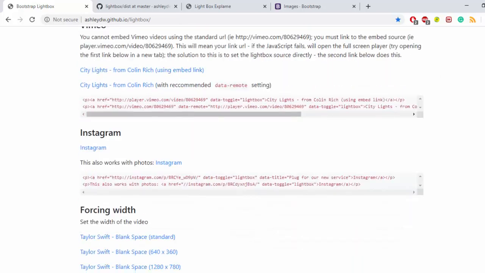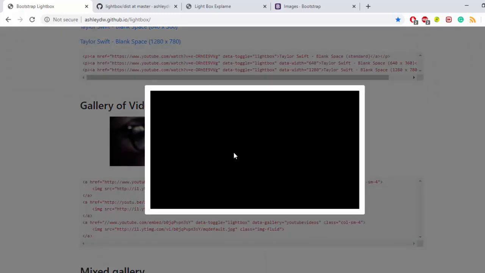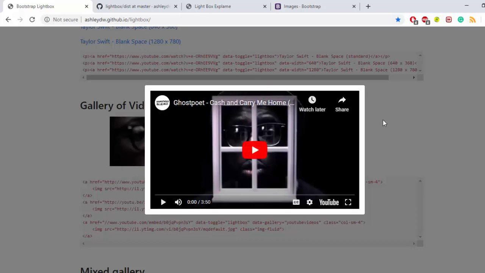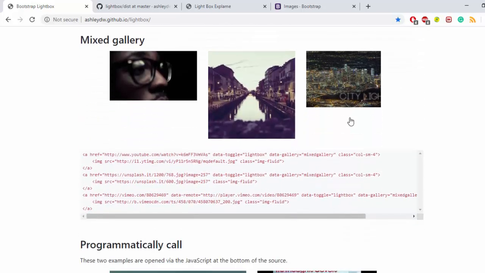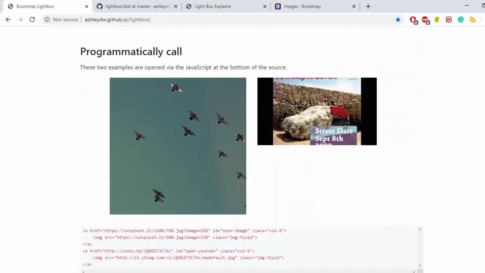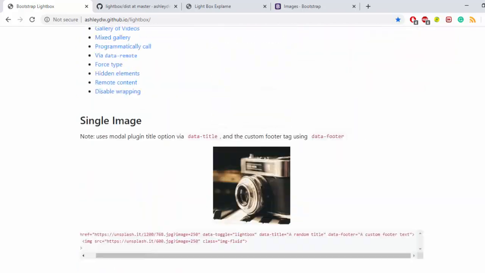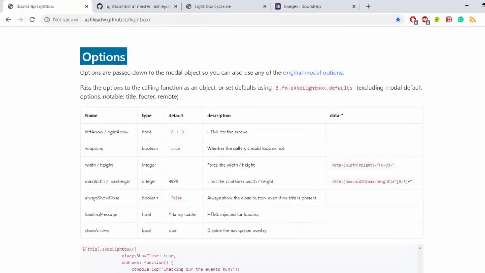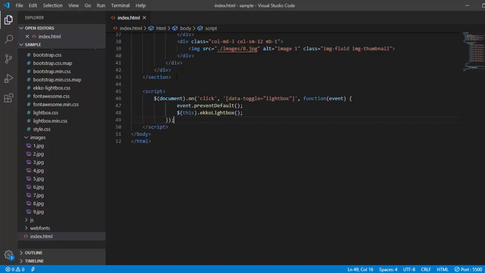So we can make it like that, or we can have videos. See, we have a default image, and when we click on that image, we can play that video. So this is what video defines, and this is the mixed gallery kind of thing, and many more we have. So let us start by taking one as an example, and then we will do it in sections.